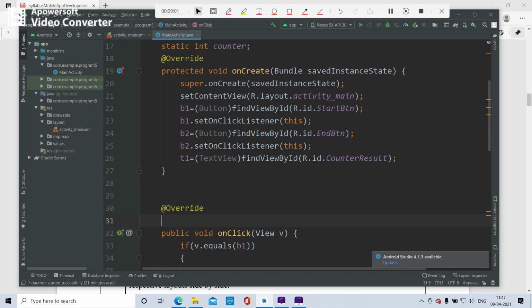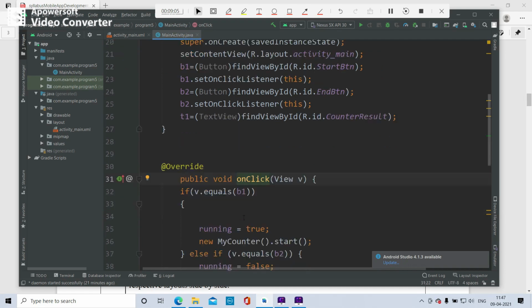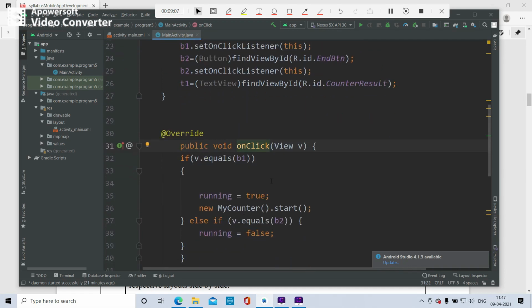When you create this onClick method, it will listen to the click event. When you click on a button, to check which button you clicked, you have to give an if statement.